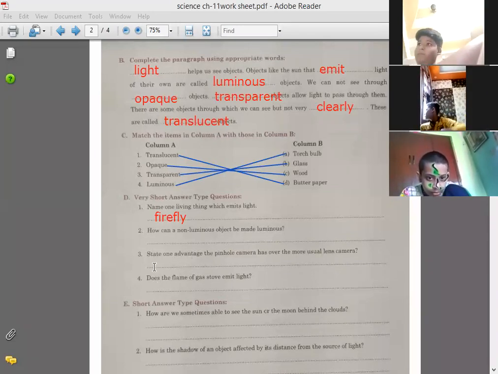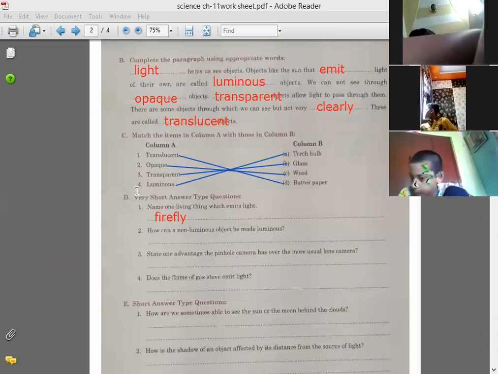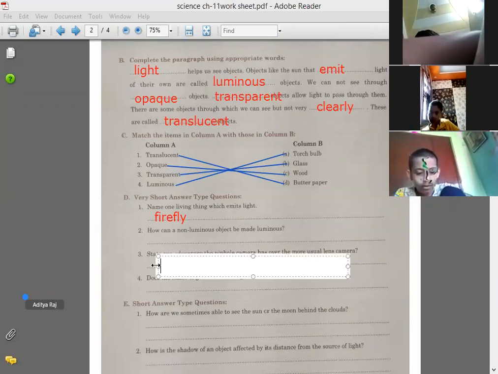Very important thing, one advantage is that the pinhole camera does not require a lens.